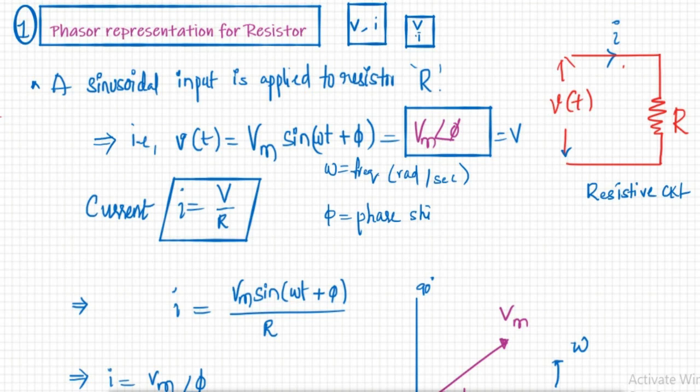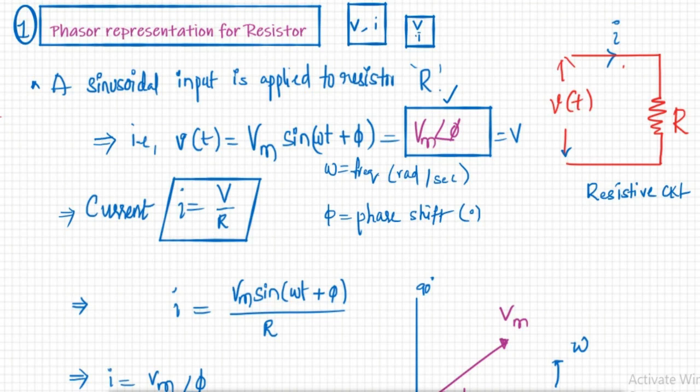angle, units are degrees. Okay, so we have a voltage source Vm sin(omega t + phi), which can be represented with phasor representation, that is Vm angle phi. Vm is having an angle of phi. So this is the phasor representation of our voltage source. Now let us try to find the current through that resistor. So current is given by voltage by resistance. We know this so far.